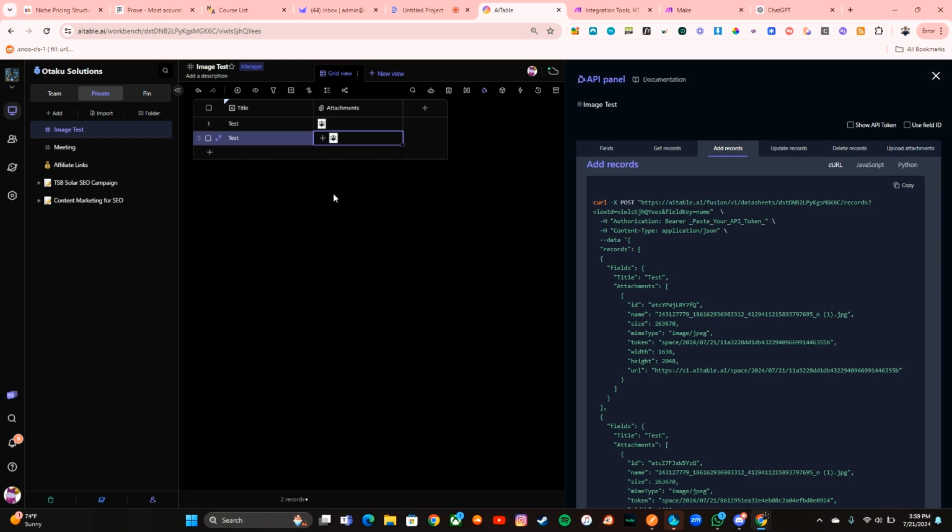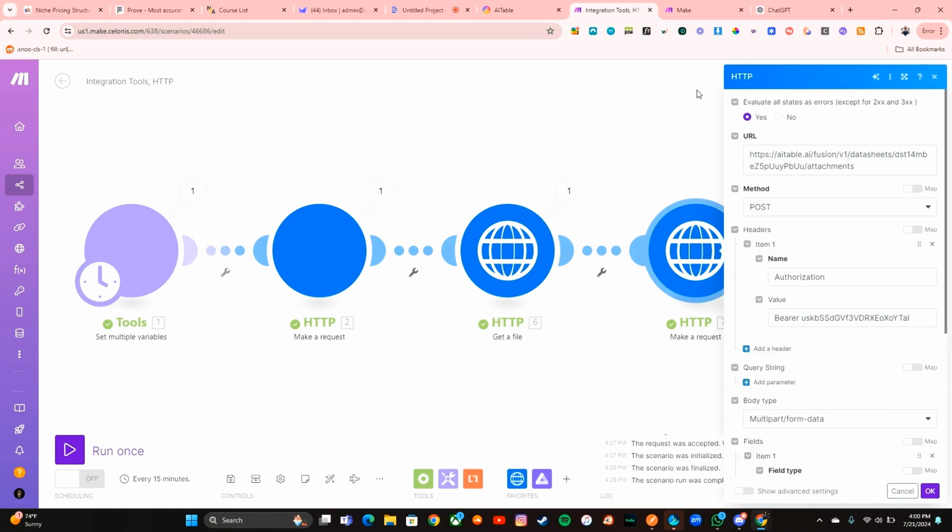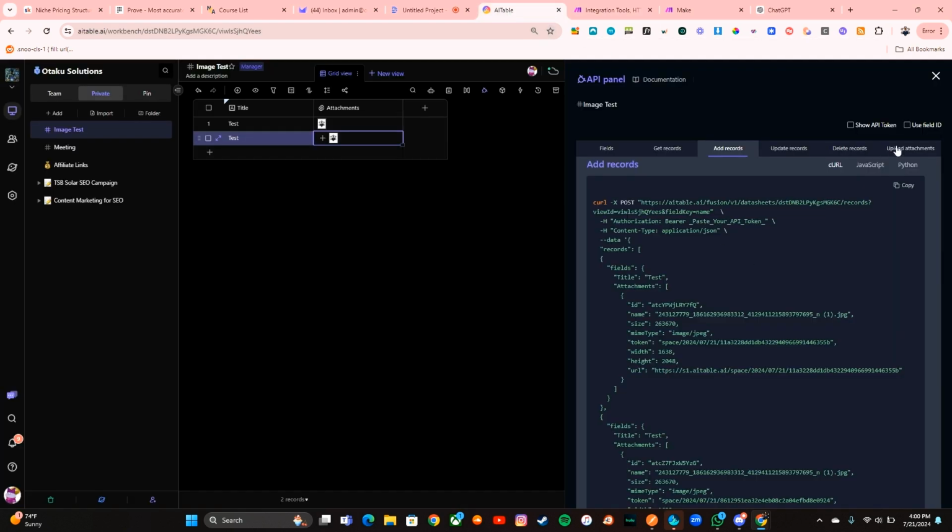So from Postman, we've done this in a normal way. Now, most of the time, this is not ideal because nobody's automating through Postman, or a majority of people aren't. So the next step is showing you how to do this inside of an automation platform like Make, as an example. And I already have this built out. I just need to change some information, and then I'm going to show you this, and then we're going to go into actually creating it.